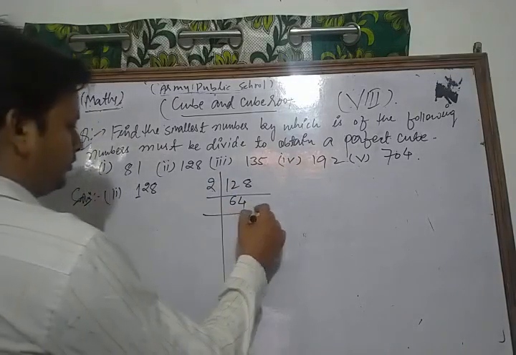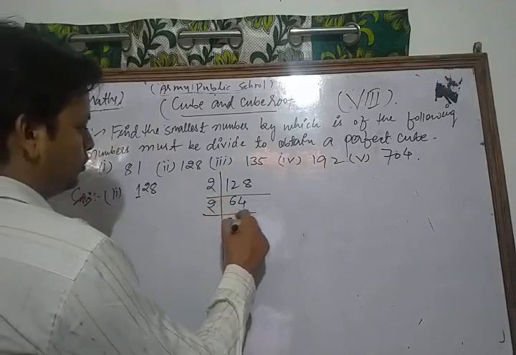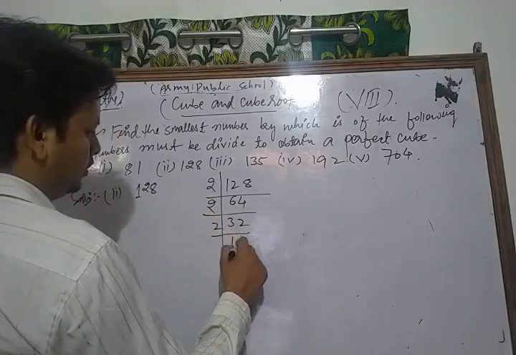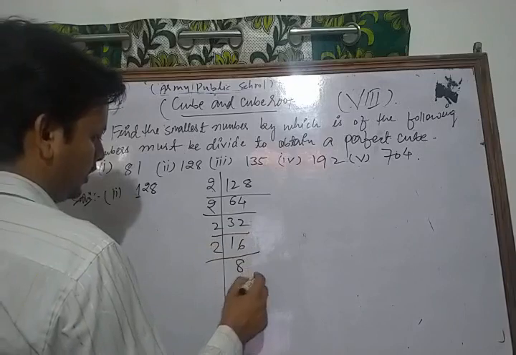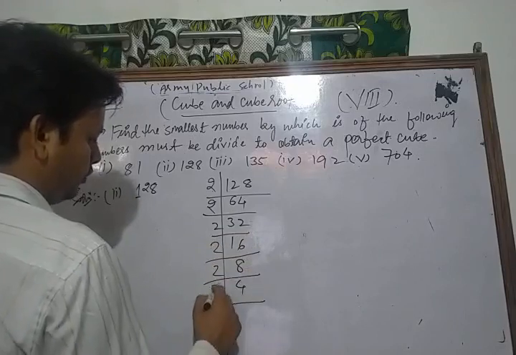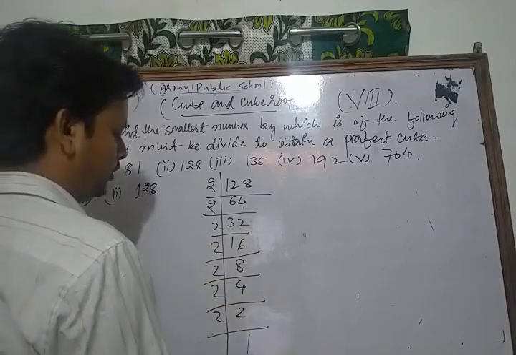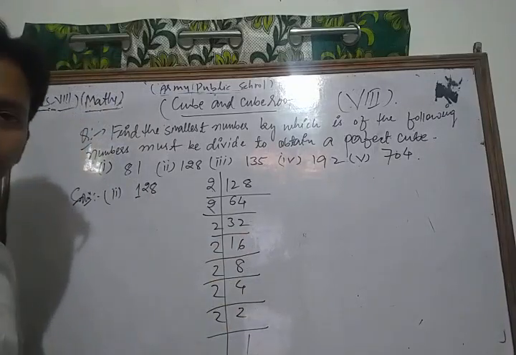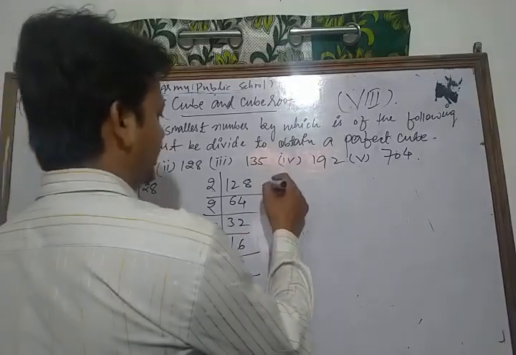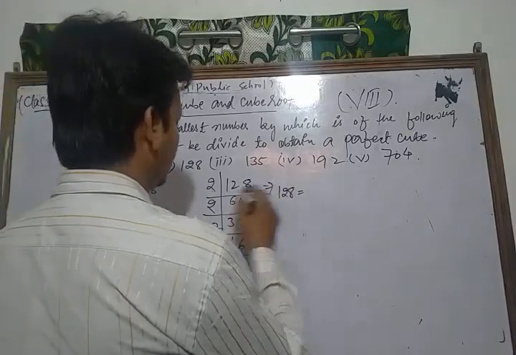Now again by 2, 2 threes are 6, 2 twos are 4, 16, 8, 4, 2. So in this way we do their prime factorization. Thus we can write 128 as